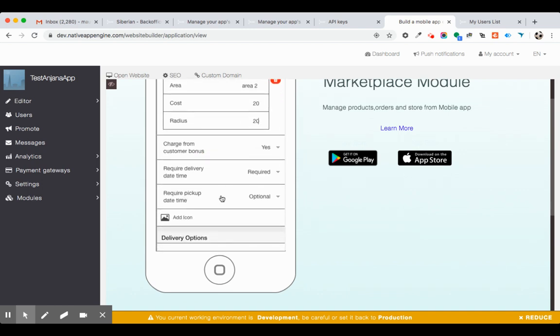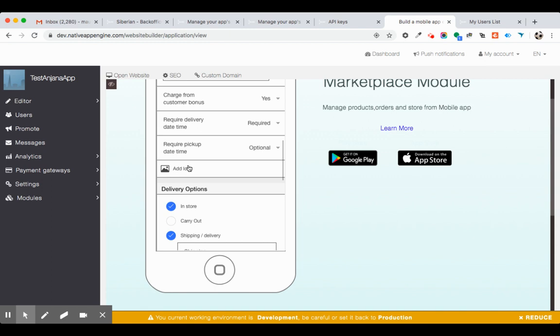This is the setting where you can mention required pickup and date, and you can keep it optional or required, and based on your hours of operation, it will validate this information. And you can add an icon for the store to be visible on the Commerce Pro front end. This marketplace module is like a backend for your store, so you can manage your products and your store.